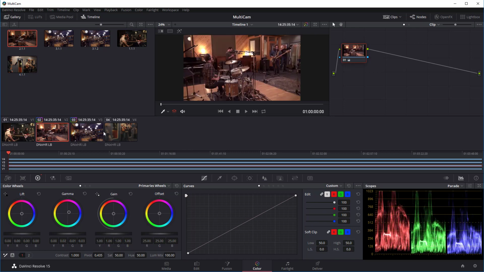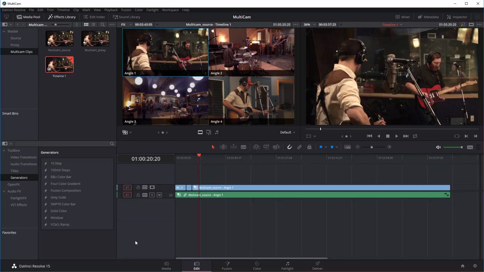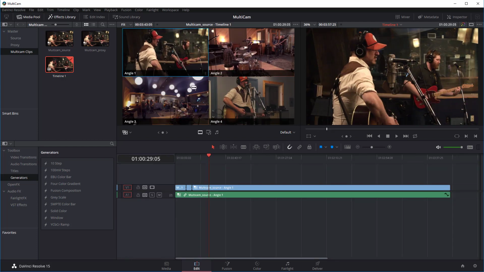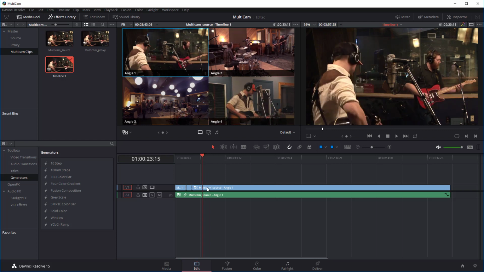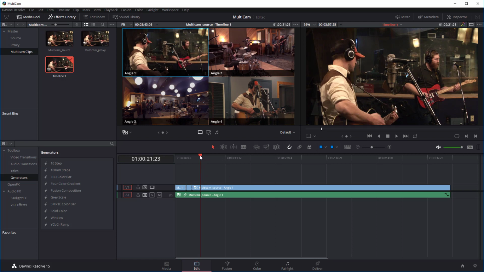So now if you switch back over to the edit page, each of these then actually has a grade on it, and that grade is maintained when we step back out. I'll just double click on the word timeline 1 here. We're stepping back out again. So that grade is actually maintained at this level. So every time you're cutting on the multicam clip, you're getting the grades and any OFX plugins that you may have had. But when I initially started working with this